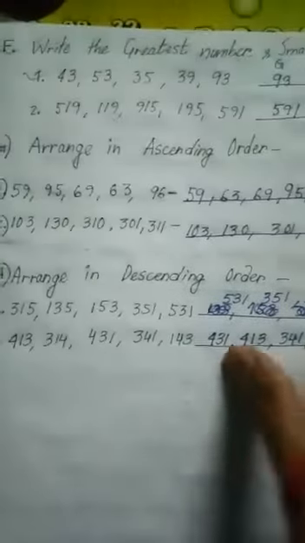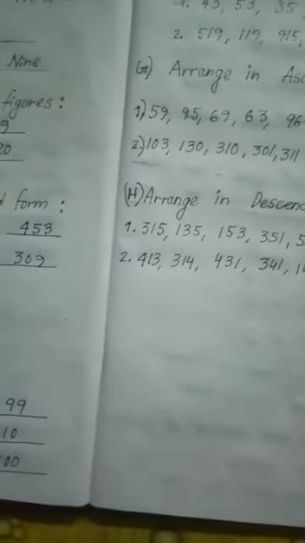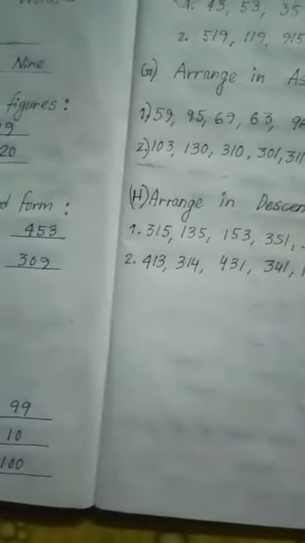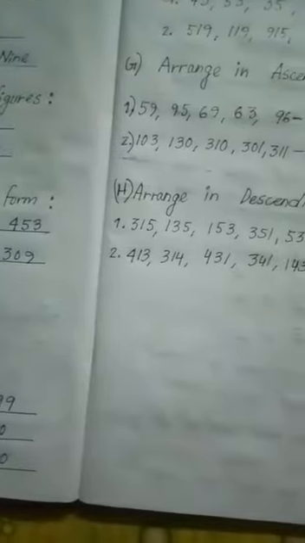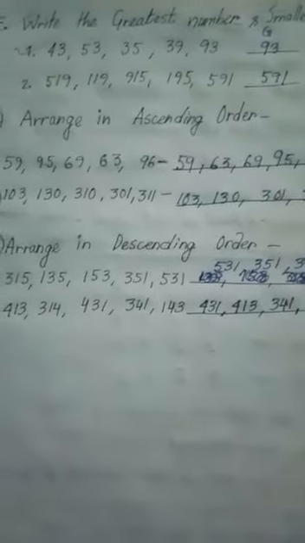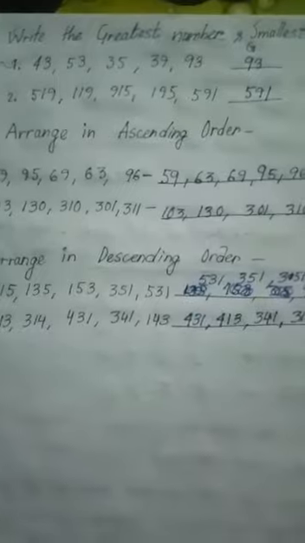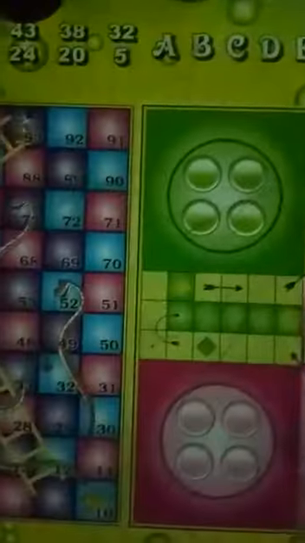Okay, so exercise 1A is over. From each question I explain 1 or 2 questions, and all the questions you can finish in your exercise book. And for maths you also make a new copy with a cover, and whatever maths you practice, do it in that copy, no rough copy. Is that clear? No rough copy.